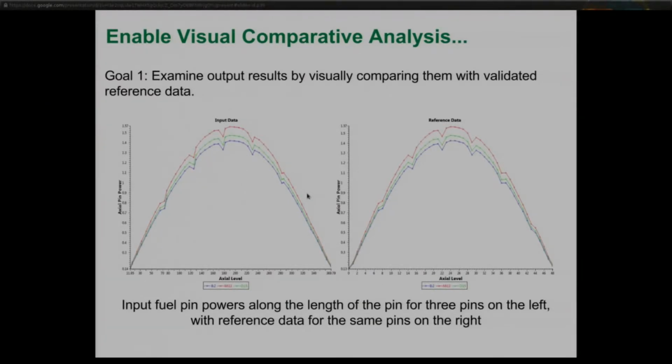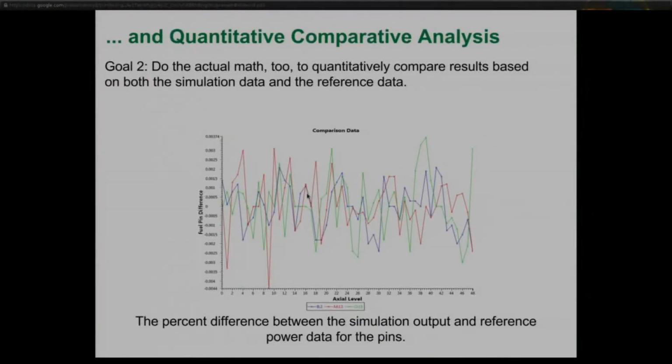But then we can do really cool things, because remember, we've got all of this in a format that we know and is standard. So we can make it possible to run operations, such as in this case, a percent difference. Now the reason it looks random is because they're really small differences. But this is comparing the reference case to the input case. And what we do when we do this is we take someone who's trying to do this analysis from hours or days, or in the worst case scenario, longer than that, to minutes. And that is really great. On top of that, everything can be exported from the platform. You click a button and you dump it out.